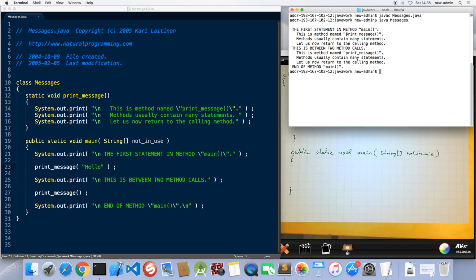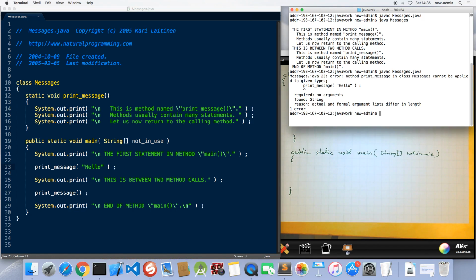and I save it. Let's try to compile it. Well, it says that method print message in class messages cannot be applied to given types. Required no arguments and found string. So this is now a string literal, so it is of type string. This means that if we want to have this here, this method must take a parameter of that type. So if I write it like this,